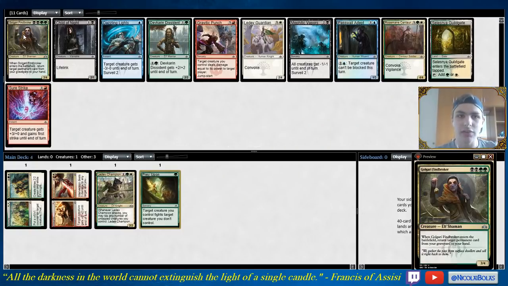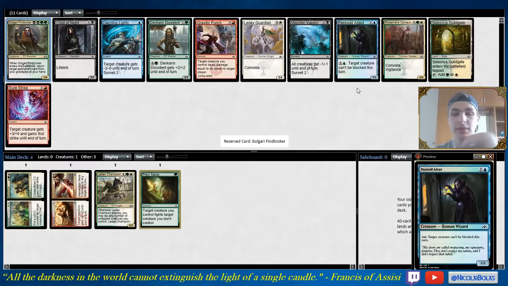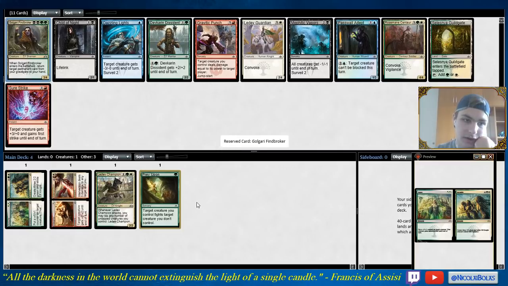Ooh, Golgari Findbroker, pick 5. This is tricky. Because if I find the open guild, I get really rewarded. I think I'm going to take it. It's between the Findbroker and the Rosemane Centaur. And the Rosemane Centaur is quite nice in Selesnya. I already have 1 good Selesnya card, 2 good Selesnya cards, and a 3rd card that works in Selesnya. Is it worth speculating on the Findbroker? At this point, I think I'm just going Selesnya, though. It's really hard to...